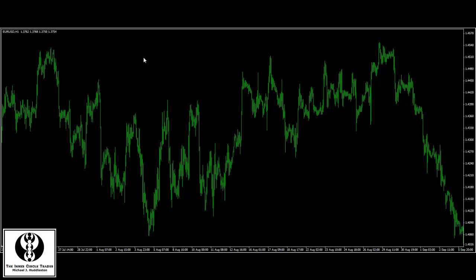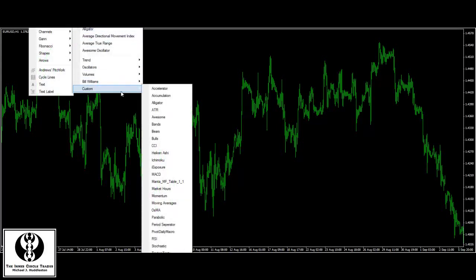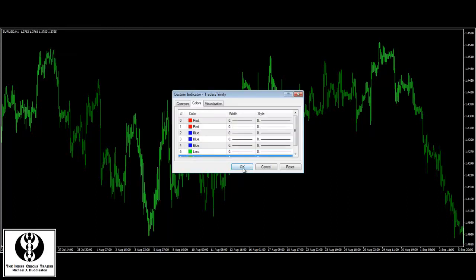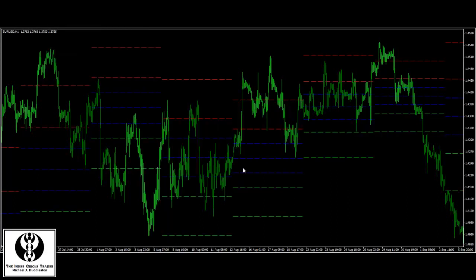One of the questions that comes up a lot by way of email, on the posts, and in our thread on Baby Pips, what every new and aspiring forex trader still wants to know: if you've been looking at the Trader's Trinity and you've encountered an opportunity where the Trinity itself has been compromised, either trading above or below the lower boundary, this would be the buy area or oversold. This would be the sell area or overbought. What happens when price is outside of the Trinity matrix? Okay, as we have here. Well,